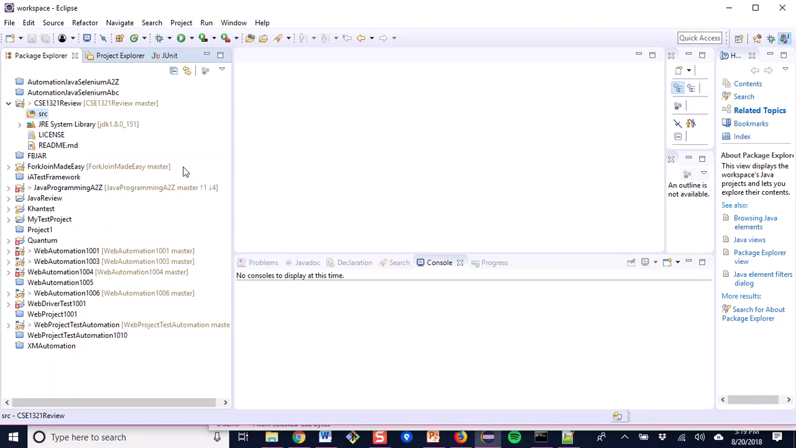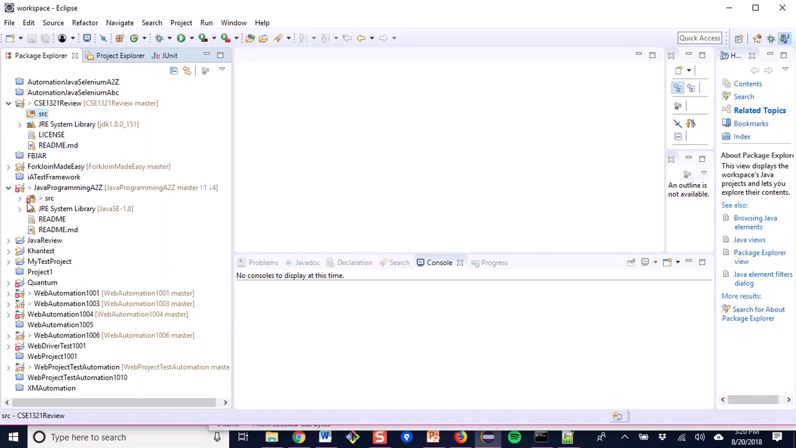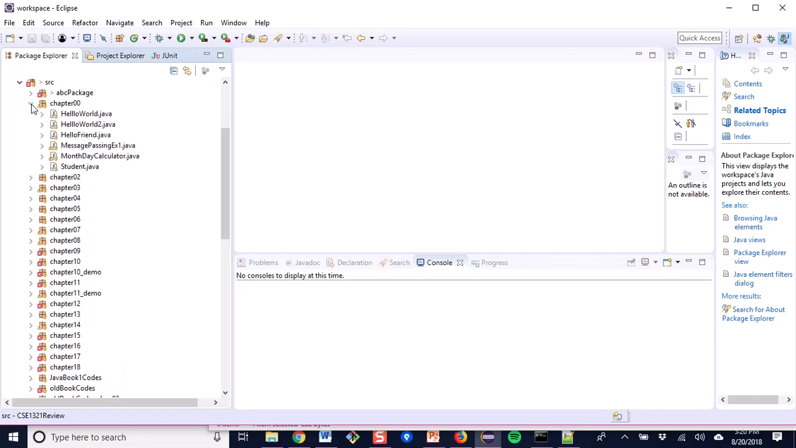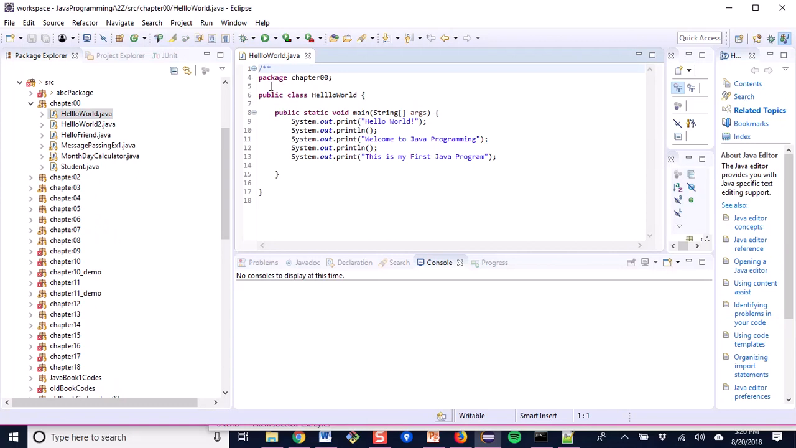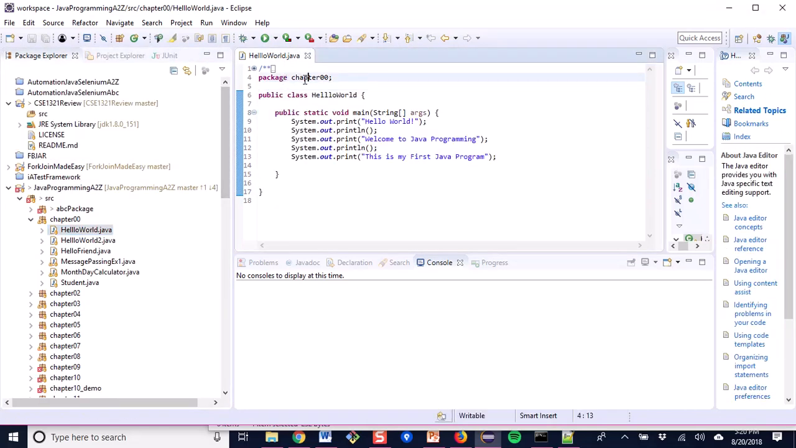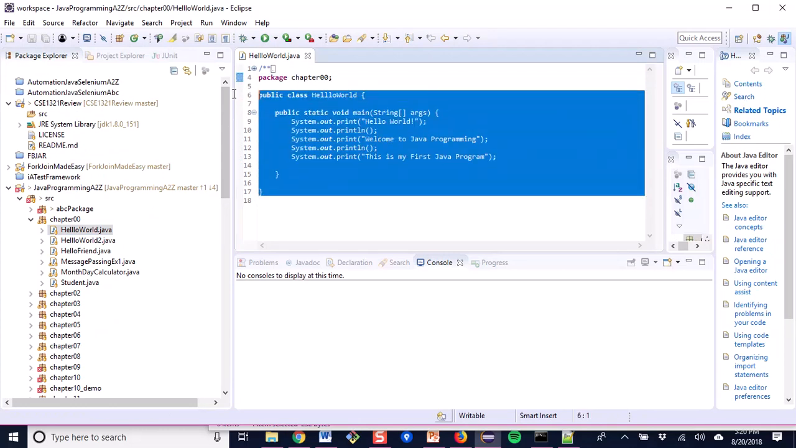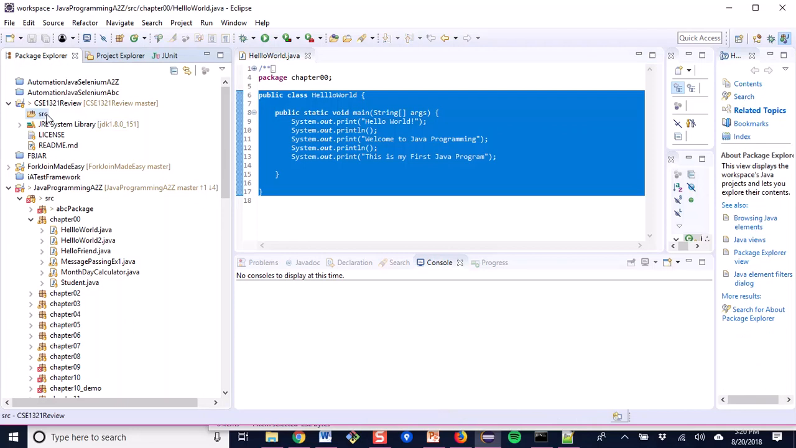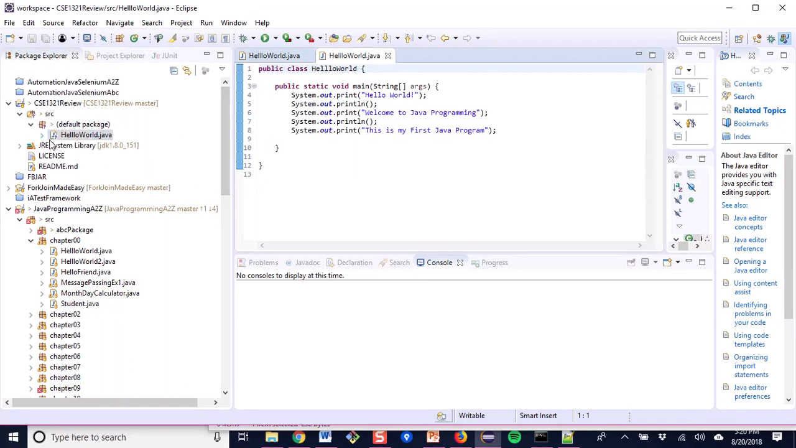Now it is your task. You can copy and paste other Java program files here, or you can create a new project over here. Instead of creating a new file or project, I want to copy some files from here, like the hello world program I already have. I will copy this hello world over here, this program without package. If I just select this one and press Ctrl V, then you will see a new